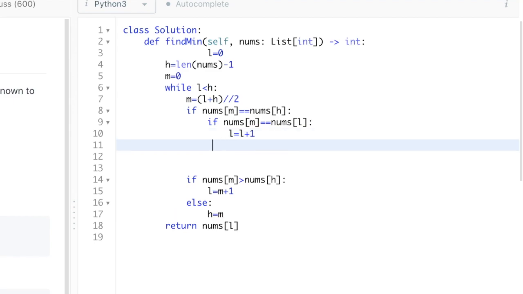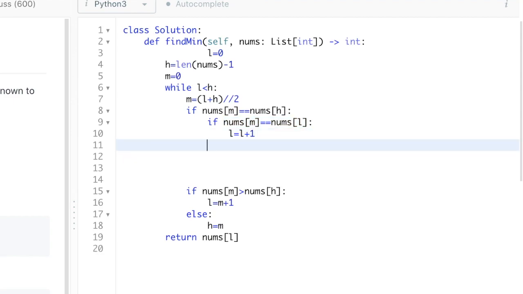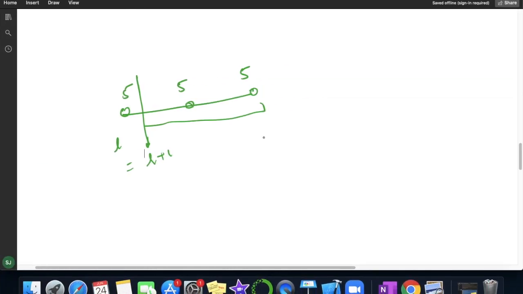Now if mid value and high value were equal and this condition was false, then we'll go in else condition, and this case is like this one. Low, mid and high.